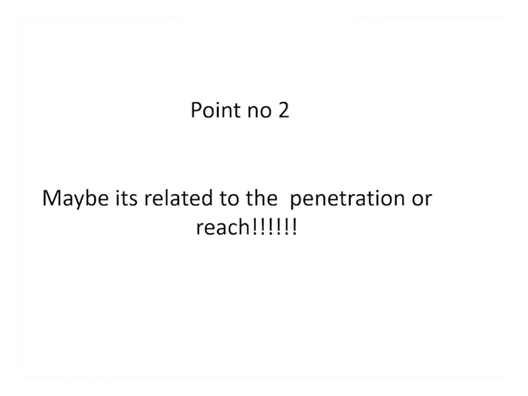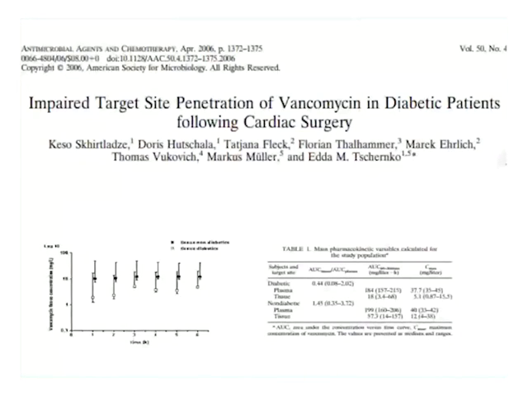Point number two, maybe it's related to the penetration or the reach. Now, if you look at this study, it's seen very clearly that those patients who have diabetes, the tissue penetration of various antibiotics, including vancomycin, is not very good. So diabetic patients don't achieve tissue concentration in most of your antibiotics, that is plasma or tissue concentration is not